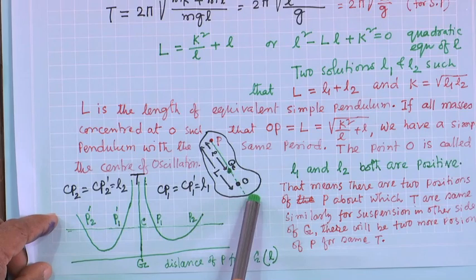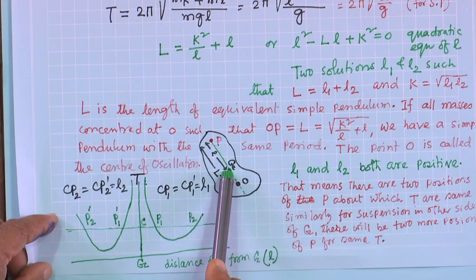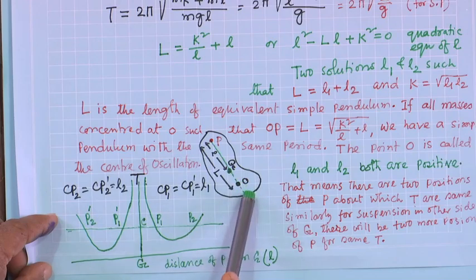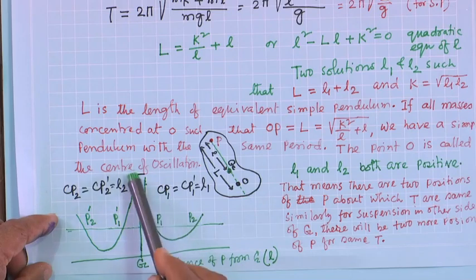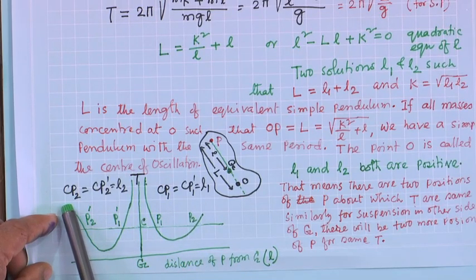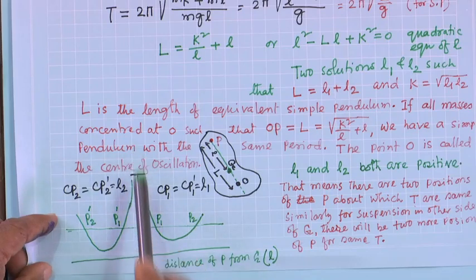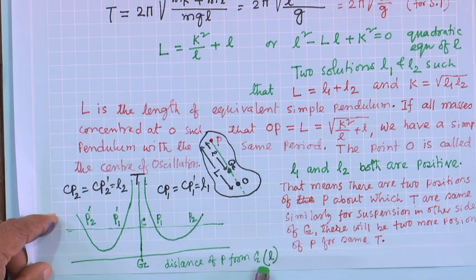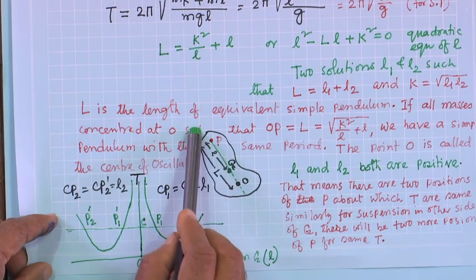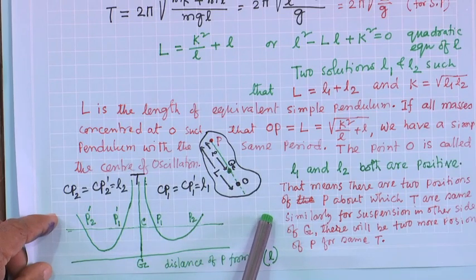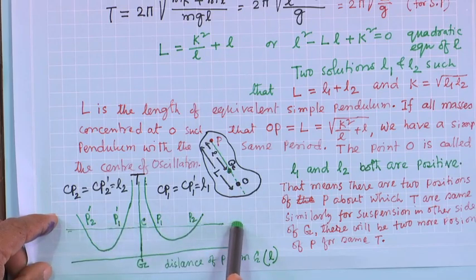Similarly, on the other side of G, if you vary your point of suspension, you will get a symmetric curve on the other side. Okay. So, this axis is the time period T, and this is the distance of point P from G, on one side and on the other side. Here, if you just draw a line parallel to this axis at a given time period,